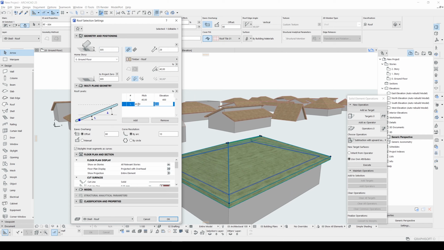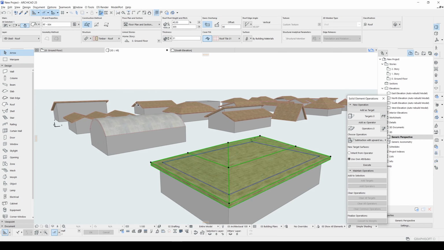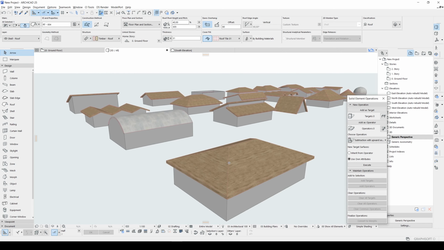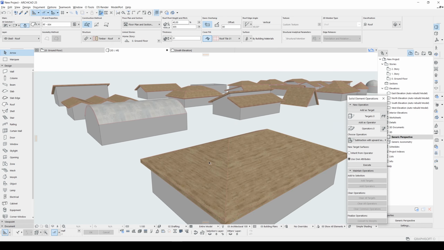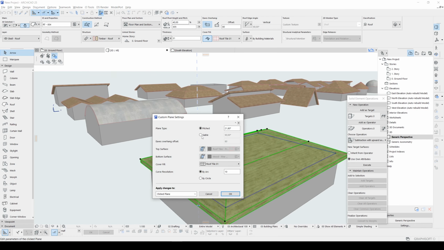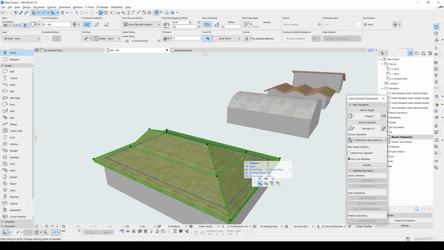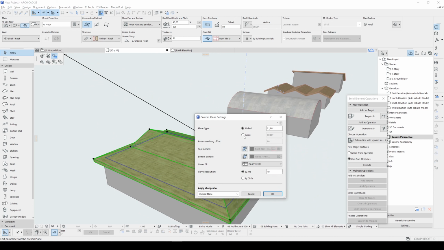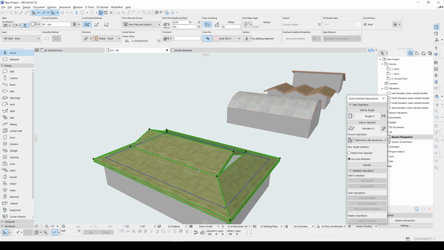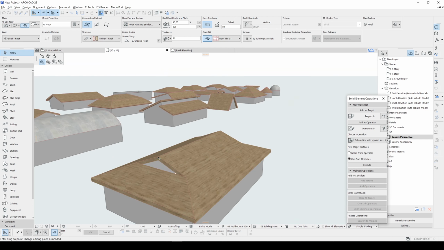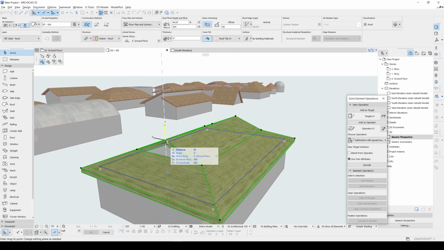Or maybe different values. Yeah, this looks better. And now we will click this edge, change the edge type to gable. It's very simple. Let's change this to gable 2, and we can change the slope value.